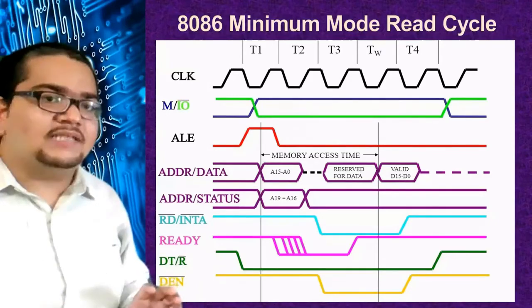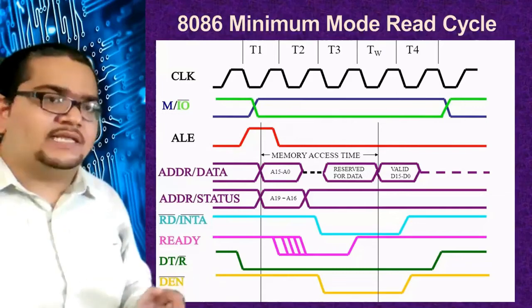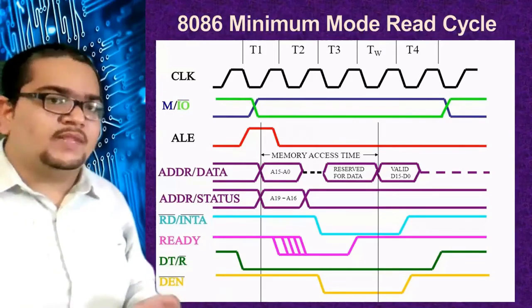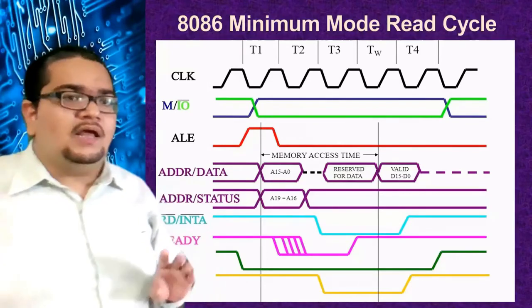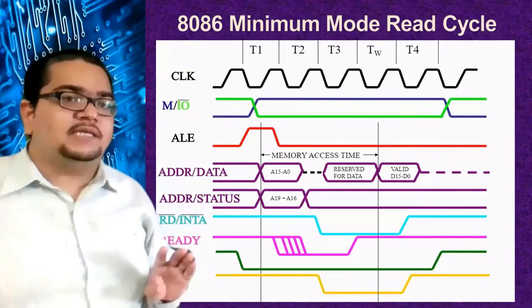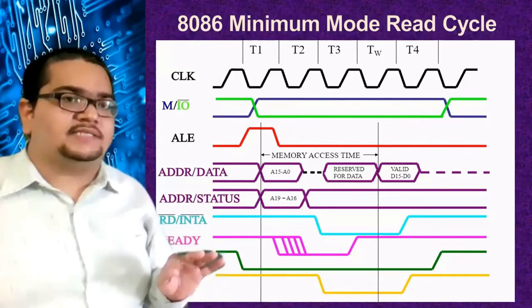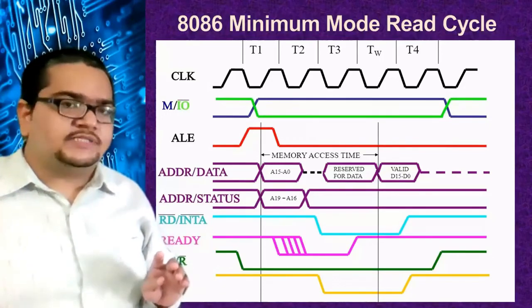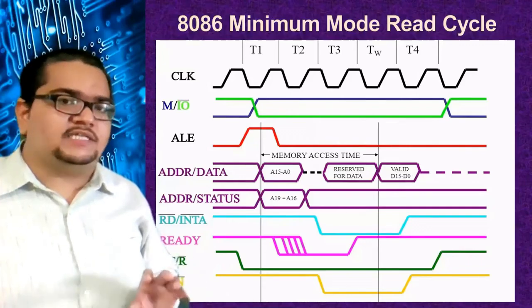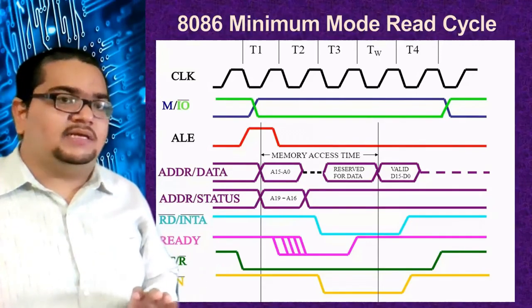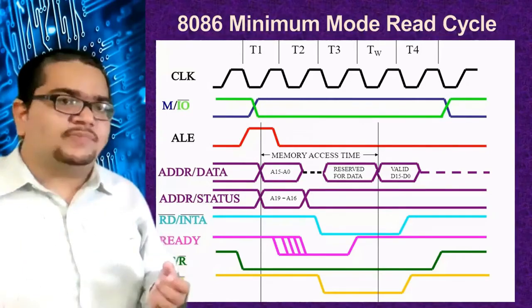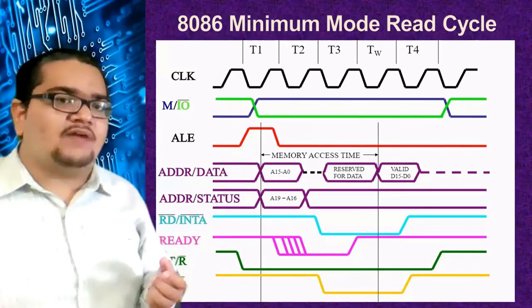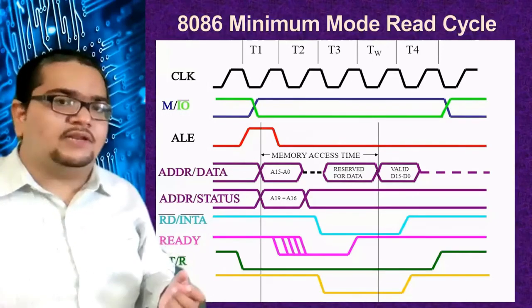As we talked about AD lines, the same is the case for AS lines. AS lines are address and status lines. We have seen that A16, 17, 18 and 19 either contain the upper 4 bits of the address or contain the S3, S4, S5 and S6 status bits. So the same demultiplexing of address and status will happen as it happened in the AD lines. For the starting cycle, when AD lines have A0 to A15, these address status lines will also have address A16, 17, 18, 19 on them.